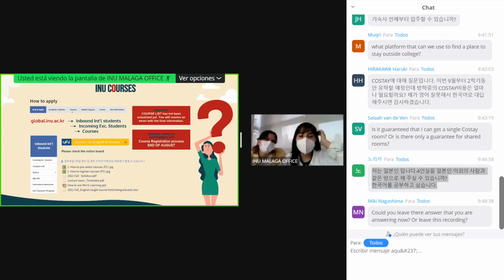And here we have another question. Is it guaranteed that I can get a single co-stay room, or is there only a guarantee for shared rooms? I believe yes, that if you apply, you're guaranteed. Yes, if you apply, when I make the survey, I can ask the co-stay to make an empty room for you.